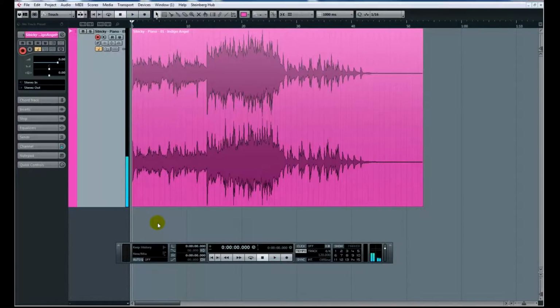Let's rewind. Remember the spacebar, dot, quick keys. Today's lesson is really about what happens if you don't hear sound coming out of your computer. In other words, how do you route audio out of the computer? And this really requires you to have not only a computer, but also some sort of device that will